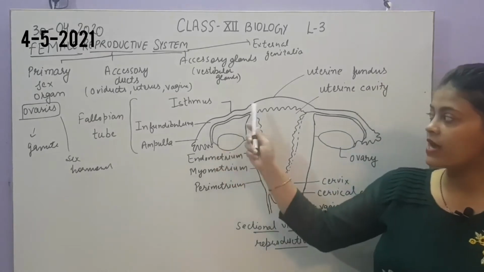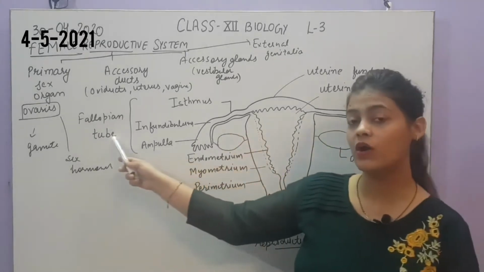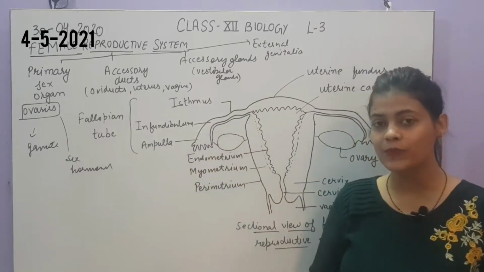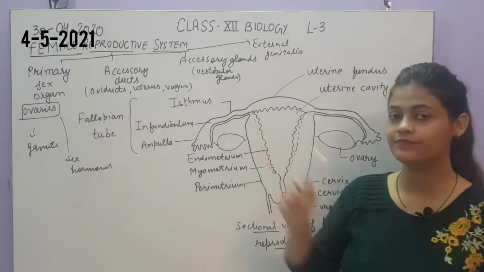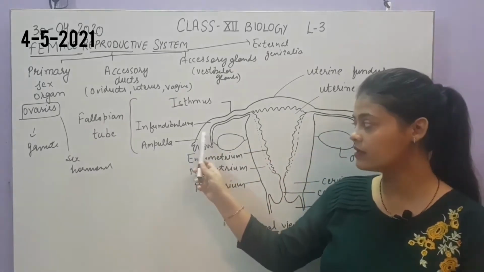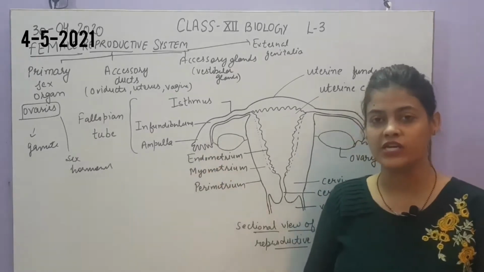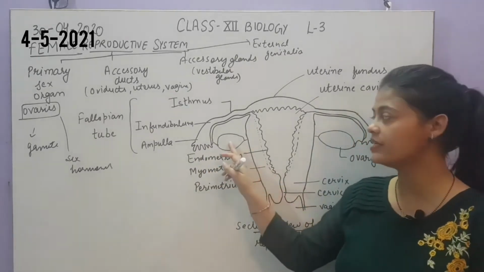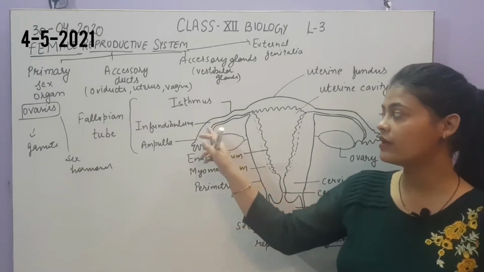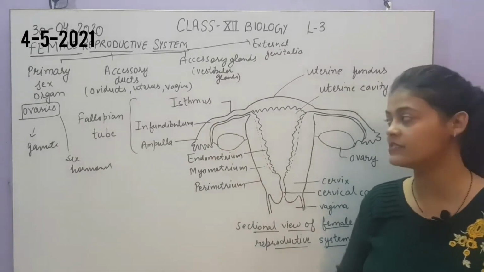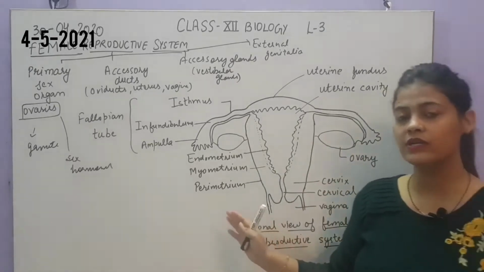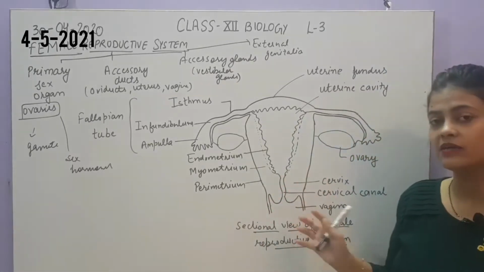Then the next part is the fallopian tube. These are also called oviducts. It has three parts. It is a tube-like structure on both sides, also paired. The lowermost part is called the ampulla, which has finger-like projections to catch the ovum released by the ovary. The next part is the infundibulum, where the fusion of male and female gamete takes place, and the next part is the isthmus. So this is just an overview. In detail we will take up each and every part.